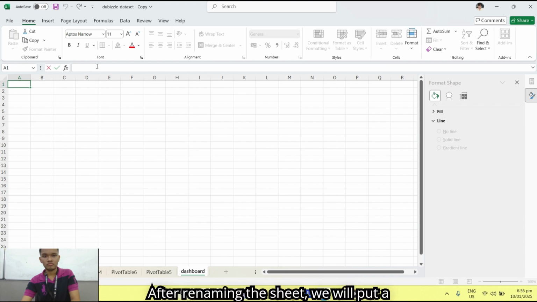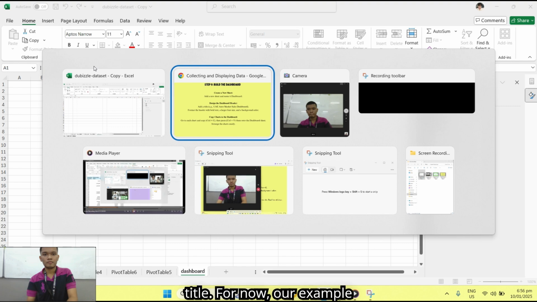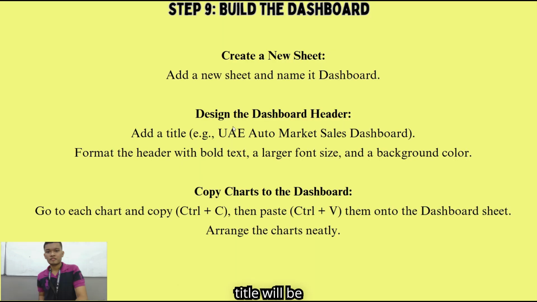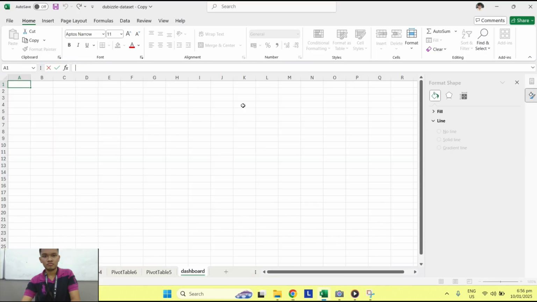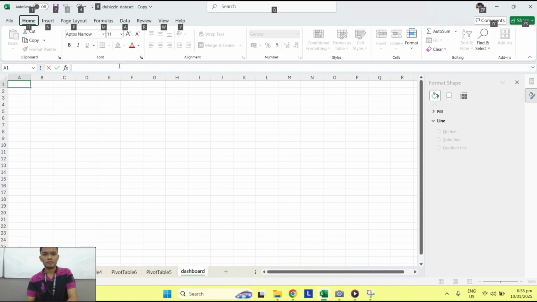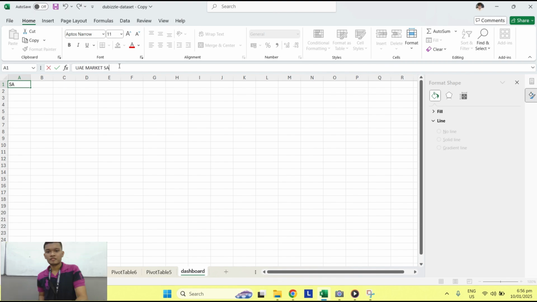After renaming the sheet, we will put a title. For now, our example title will be UAE Auto Market Sales Dashboard.